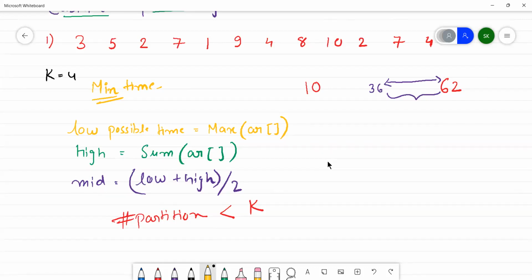See, if there are three people or three partitions, then it will be lesser. I am just asking if you have the number as 36. With this 36, you made two partitions of this array. Then if it would have been, let's suppose, 45,